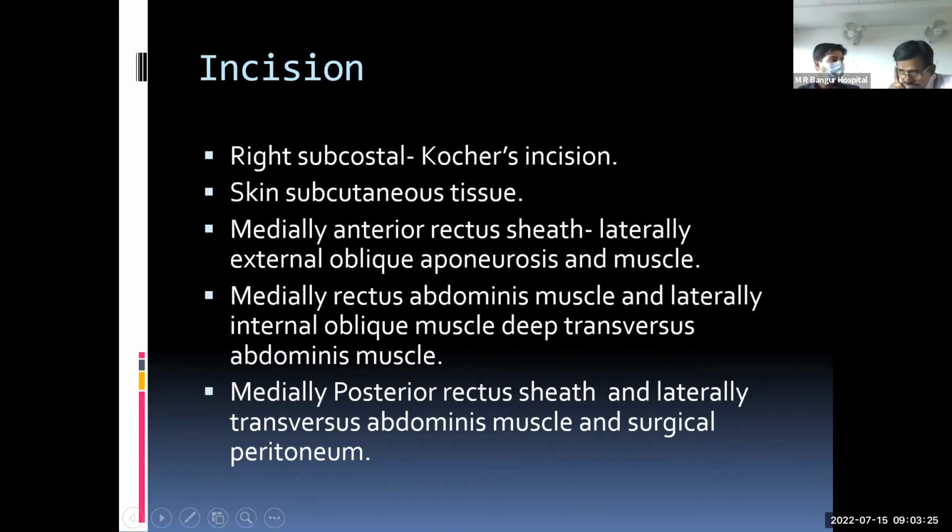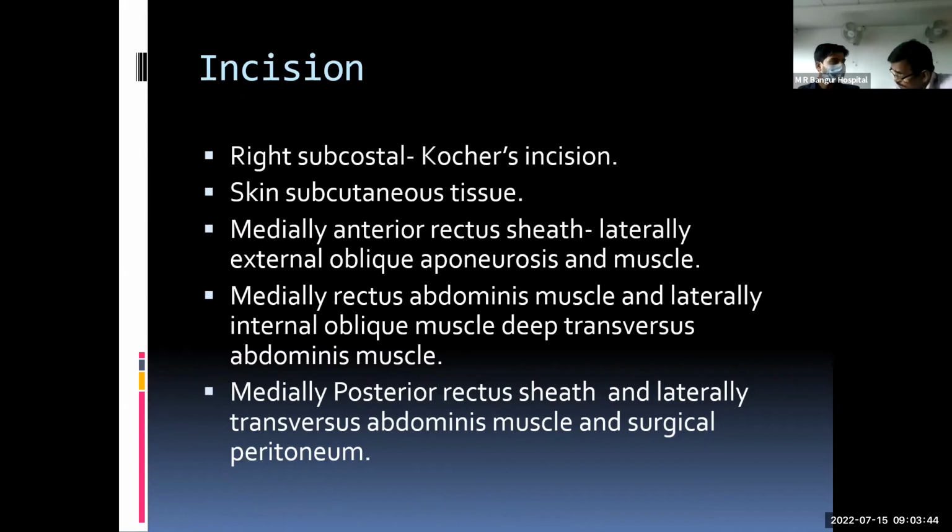While you are making the subcostal incision, when you cut through the structures, are the structures the same throughout the whole incision, layer by layer, or are they different?